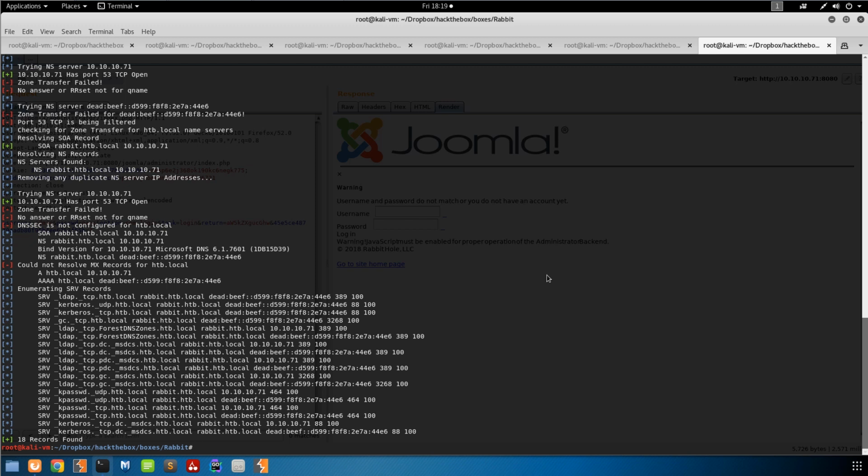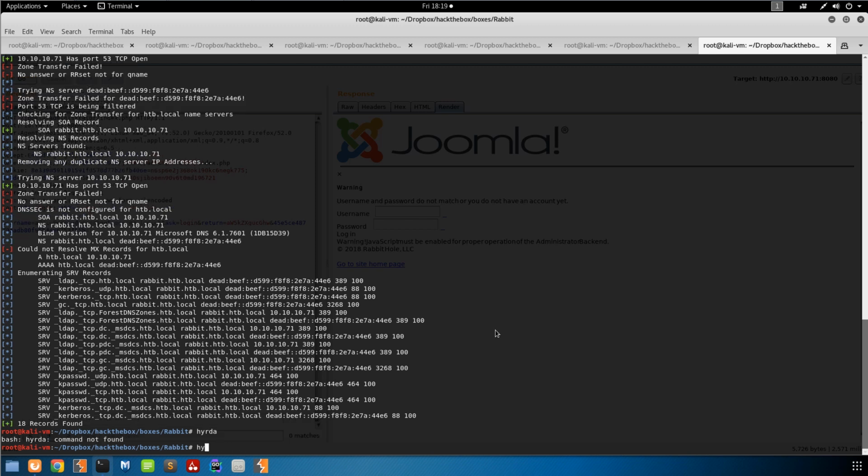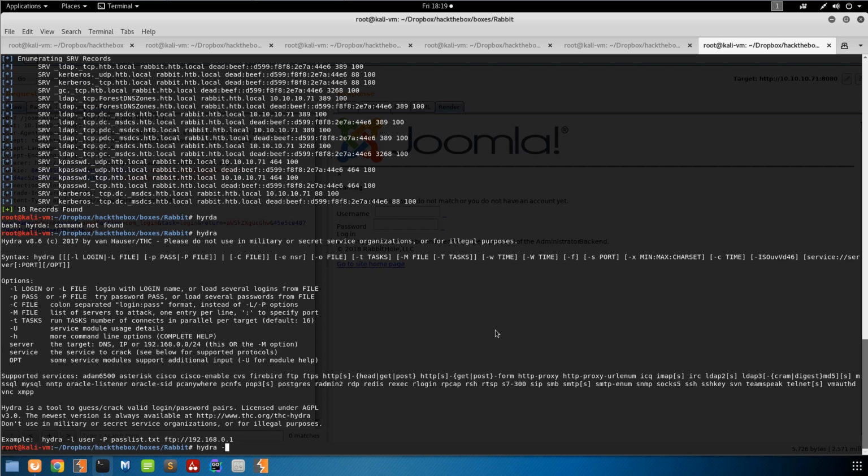So let's see here. Need Hydra. Oops, did I spell it right? Hydra. And let's see what the arguments are. Okay, yeah. So lowercase l, we'll use the username admin. Capital P gets us our password file. So we'll do /usr/share/wordlists/rockyou.txt. And we'll set port to 8080